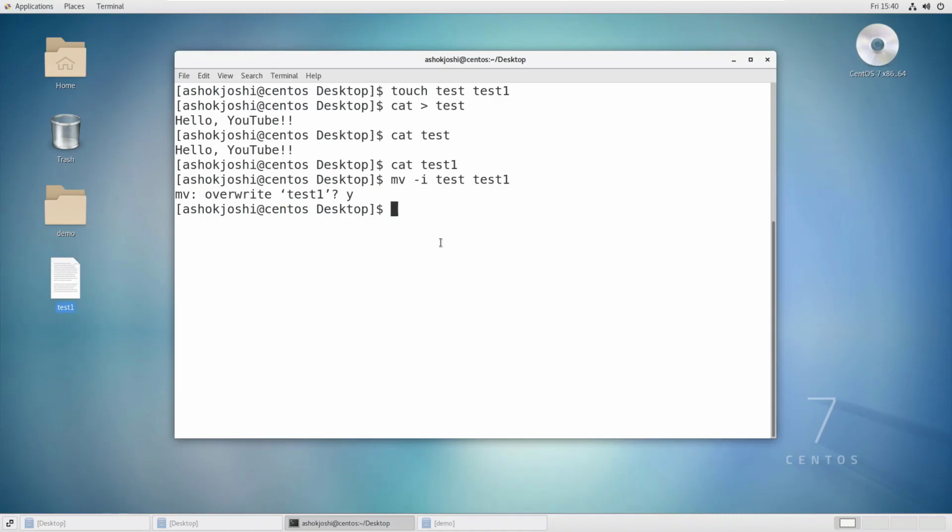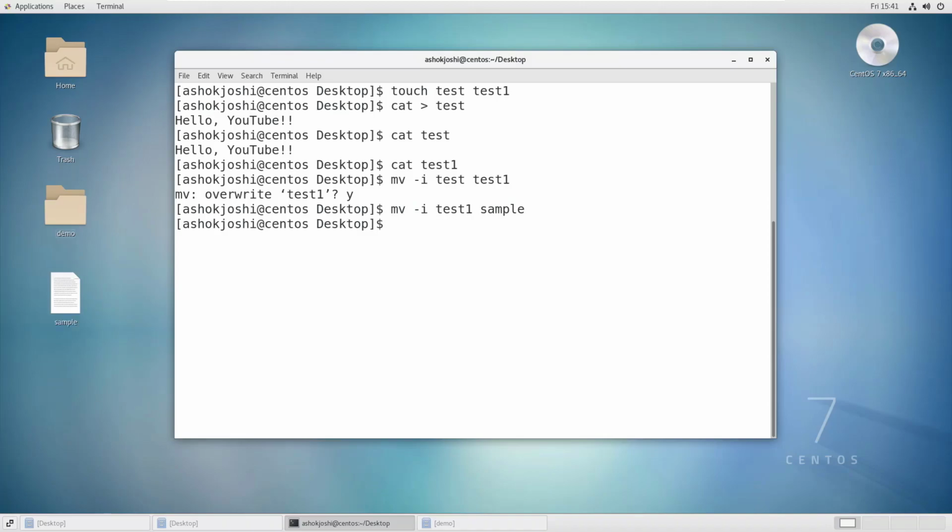And this interactive prompt will only be shown if there is a particular file present over there. Now let's say I use mv -i test1 and I do not have any sample file here. Oh, sorry, it's mv, not m. So there is no sample file existing. What will happen if I press enter?